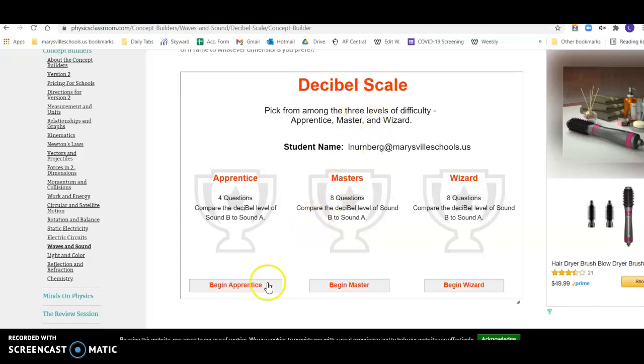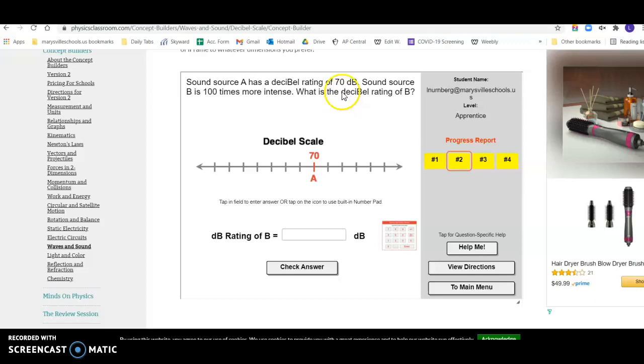This is help with the decibel scale concept builder. You're going to do the apprentice and master levels. They're very, very similar. So it says the original sound has a decibel rating of 7, and the next sound,